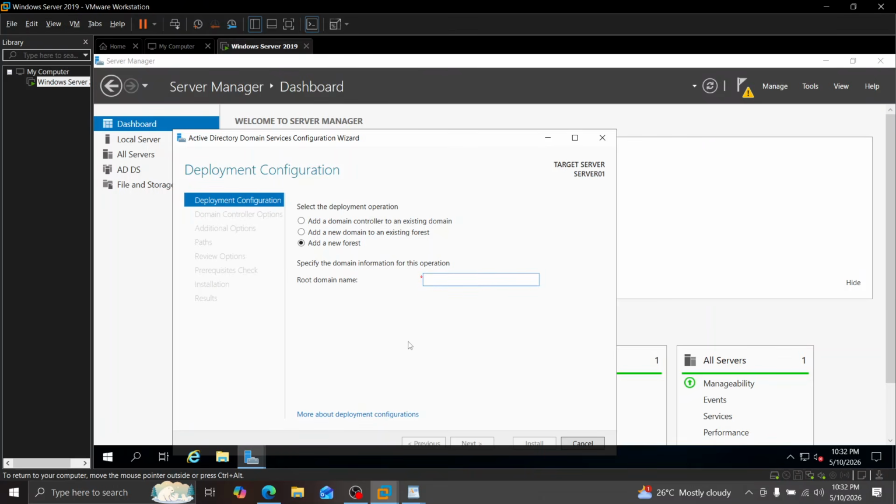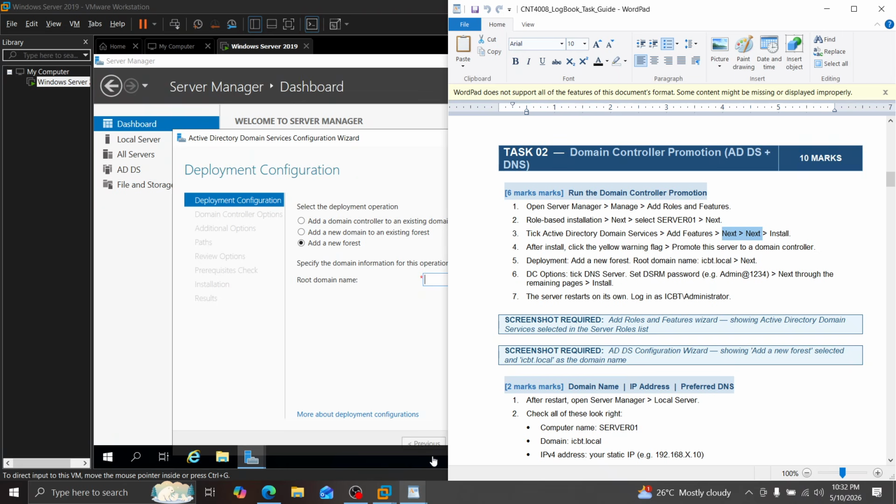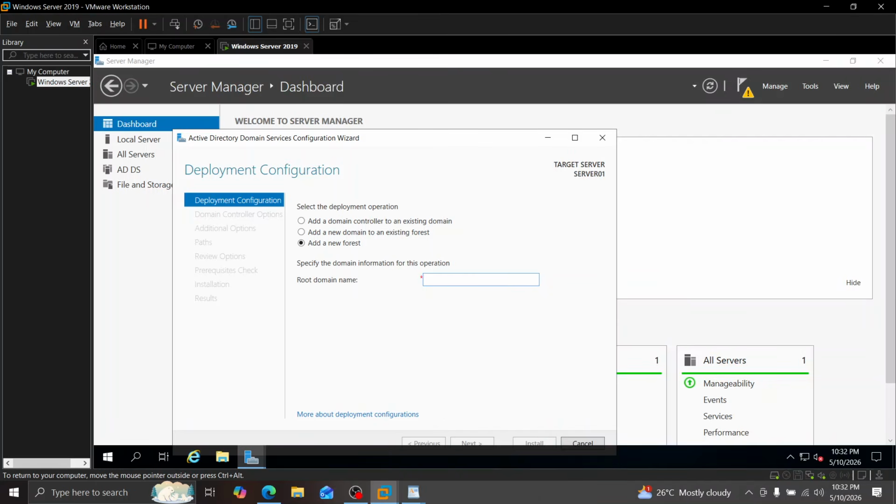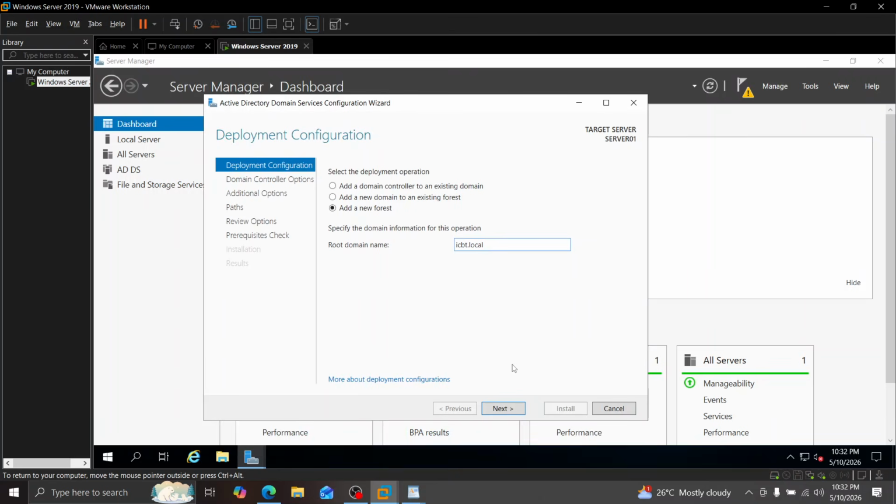Just kidding. So root domain name, whatever the document says, we will go with that because it will be easy for you all also to practice. But note that the domain names and stuff will be changed. Beware. Don't use these, and you're going to get caught if you use this, because everything is going to be the same. Like 2 or 3 of them will have the same things. So y'all will use another domain. Okay. So we are going to click on next,